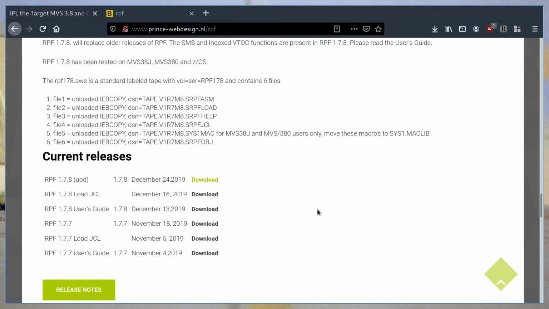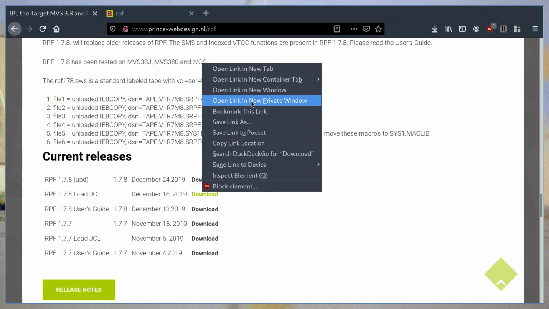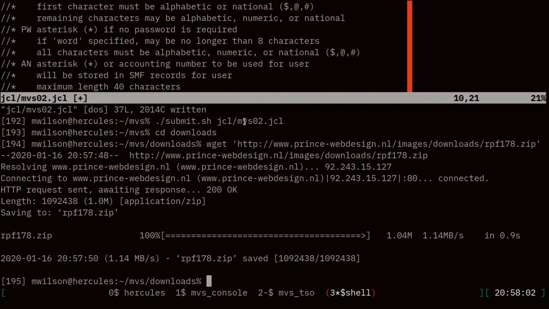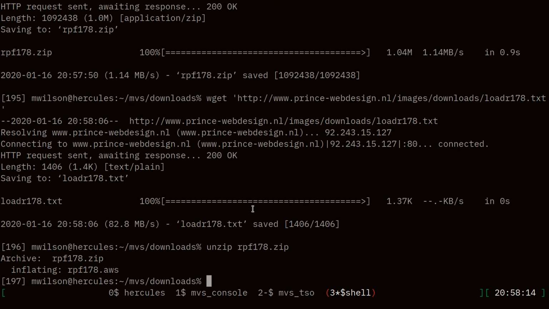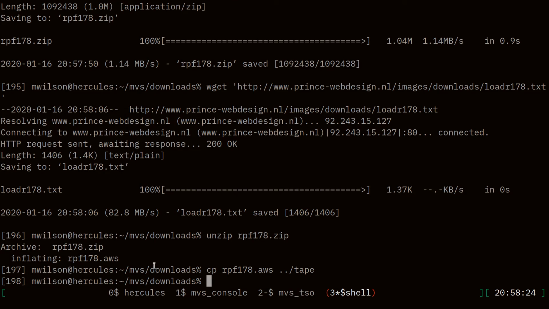We'll also grab the RPF load JCL. We'll need this to get the installation script off of the tape. So let's copy that link and download that file. Okay. I'm going to unzip that RPF zip file that we downloaded. So that gives me a tape image. So just for housekeeping, let's move that tape to our tape directory. And let's look at our load 1.7.8